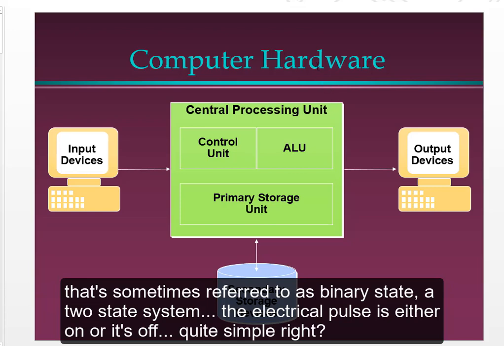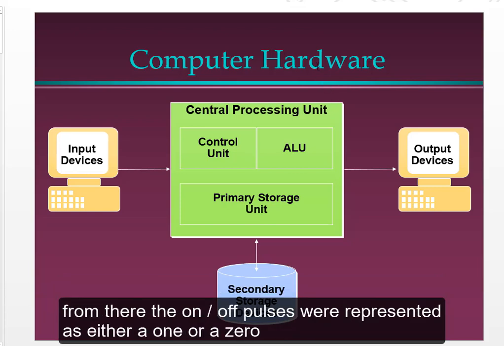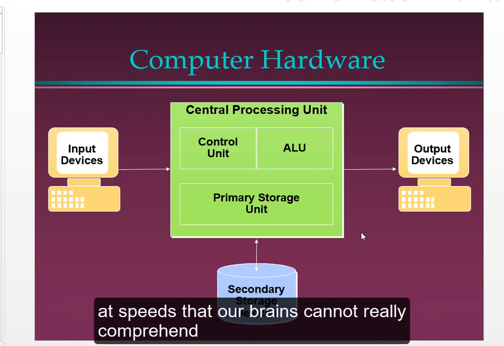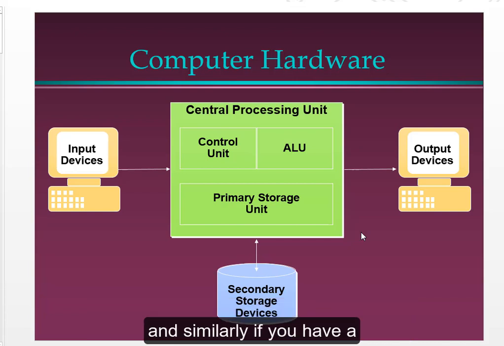Quite simple, right? From there, the on-off pulses were represented as either a 1 or a 0. And the genius, why computers are so wonderful, is because they rip through those ones and zeros. They can process them at speeds that our brains cannot really comprehend. And similarly, if you have a